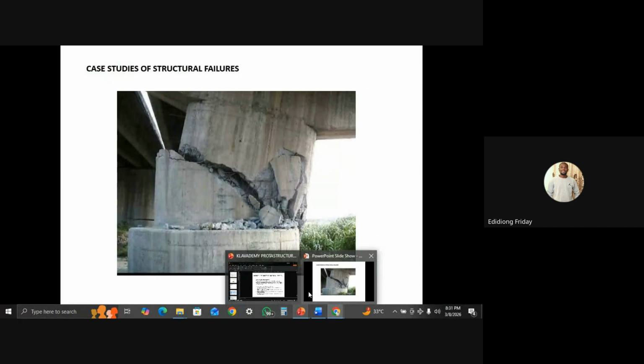This is actually a pier of a bridge. So the shear strength that was provided was inadequate compared to the shear stress coming on this pier. And the remedy,